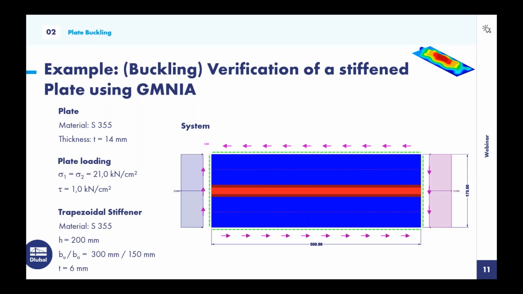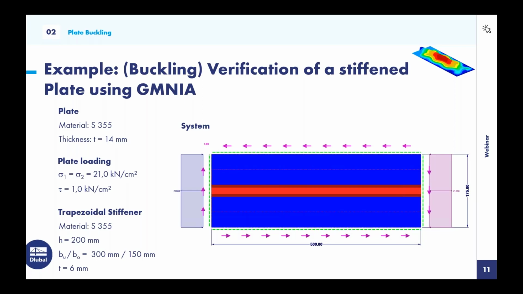All right, then another welcome from my side. I would now go on with the second example. So after Andreas has now nicely demonstrated how to set up an MNA, so materially nonlinear analysis, or an LBA, linear bifurcation analysis with RFEM, to assist the verification process of buckling-prone shells, I would like to further increase the complexity a bit and show you how you can also perform GMNEA analysis with RFEM 6 in the context of